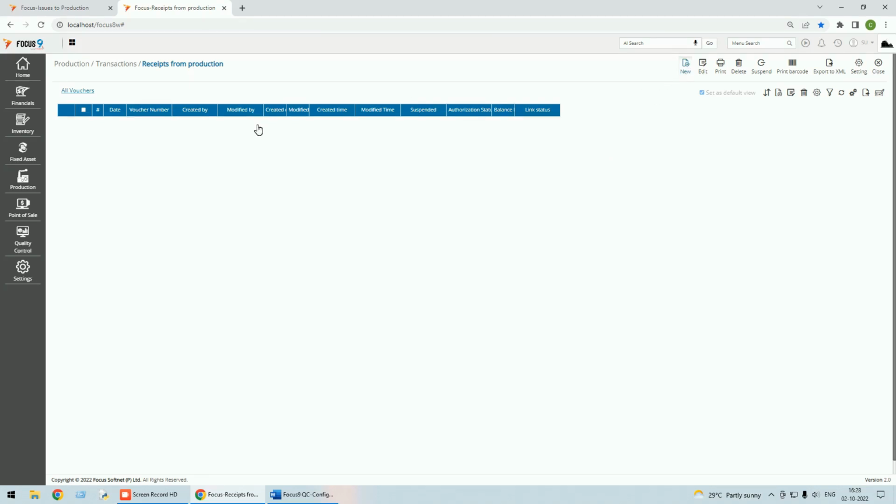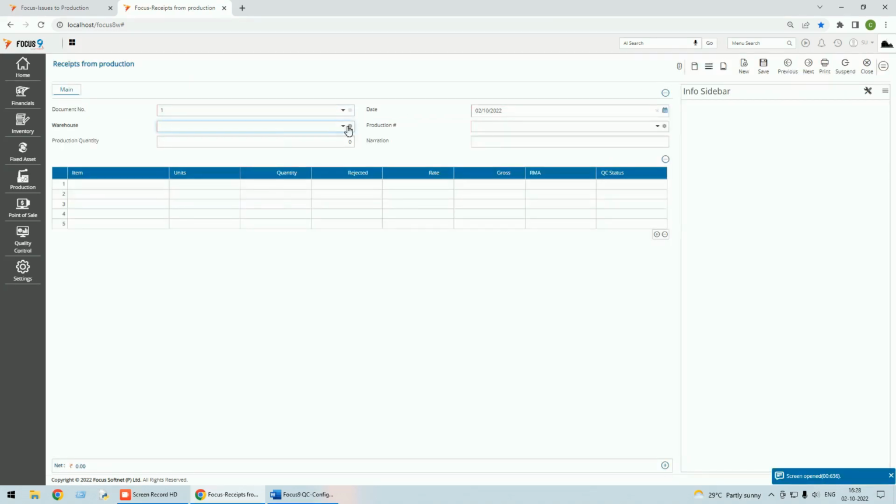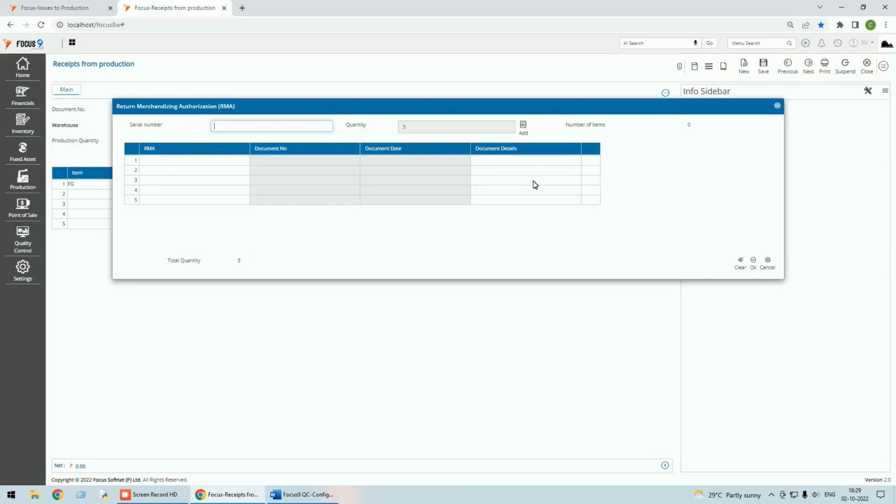Okay, receipt from production. I'll click on new. I'll select here that I am receiving to the production floor warehouse. Here it will show me what are the receipts to be received from production floor. I'll select number 2. Here when I click here, it will ask for the RMA numbers. Here I can give my RMA numbers I want as